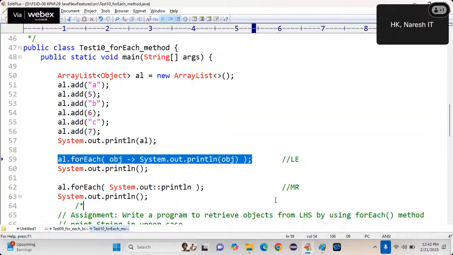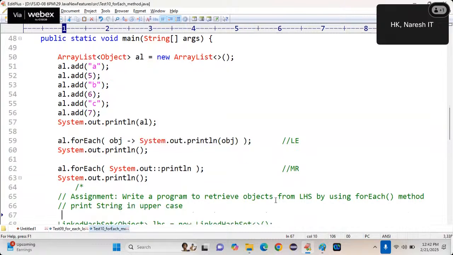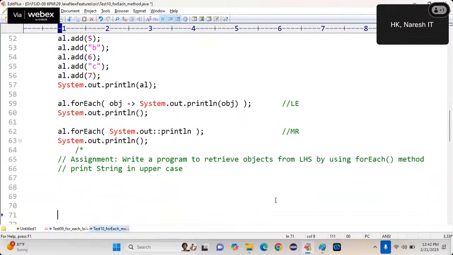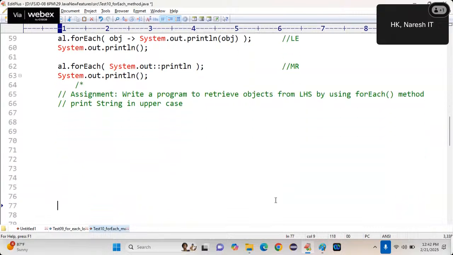Everyone comfortable? Can you write this assignment now? I want you to write this assignment by using the forEach method. Everyone, can you try now, so that I can have confidence in you to launch the Stream API. Even for the Stream API, you are postponing day by day. Do you want to make it simple or learn it directly by heart?